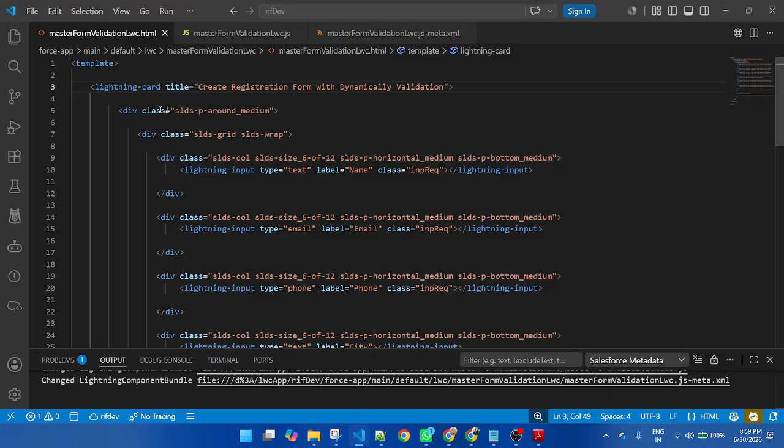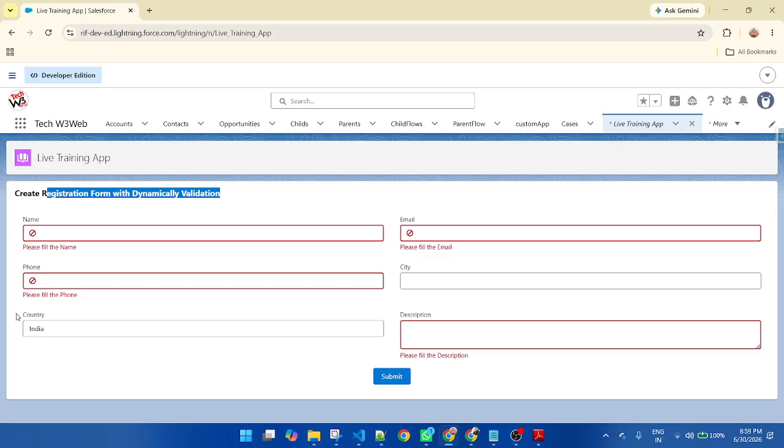After that, SLDS padding around medium, this is a space. You can see in the container, there is a small space.